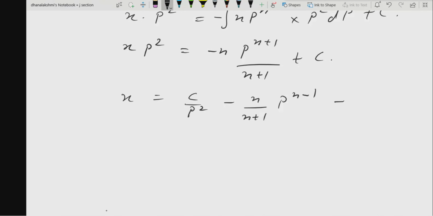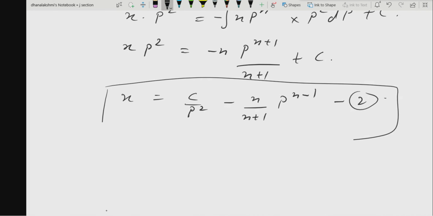Now what we have to do, we have to try to eliminate p from the given equation. But here, is it possible to eliminate p? No, ma'am, it is not possible to eliminate p. In such cases, what do we do? We will write x in terms of p as well as y also in terms of p, regarding p as the parameter. So this is your x value which is in terms of p.